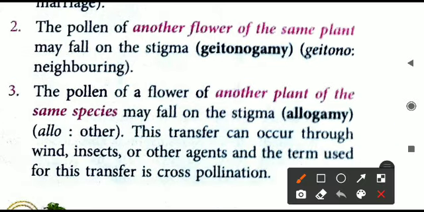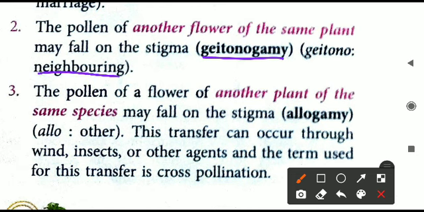The second scenario of pollination is when the pollen of another flower has come, but that flower is also on the same plant. It means the plant body has not changed. Multiple flowers may be there on the same plant body. So if the anther and the stigma of flowers on the same plant body are having this pollination, it is given a particular term. It is called geitonogamy.